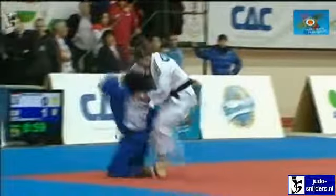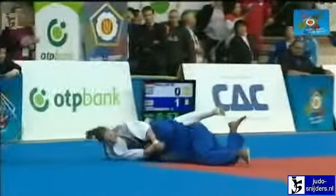Now we have coming up the final of the women's under 52 kilo category. This up against the white judogi from Finland,